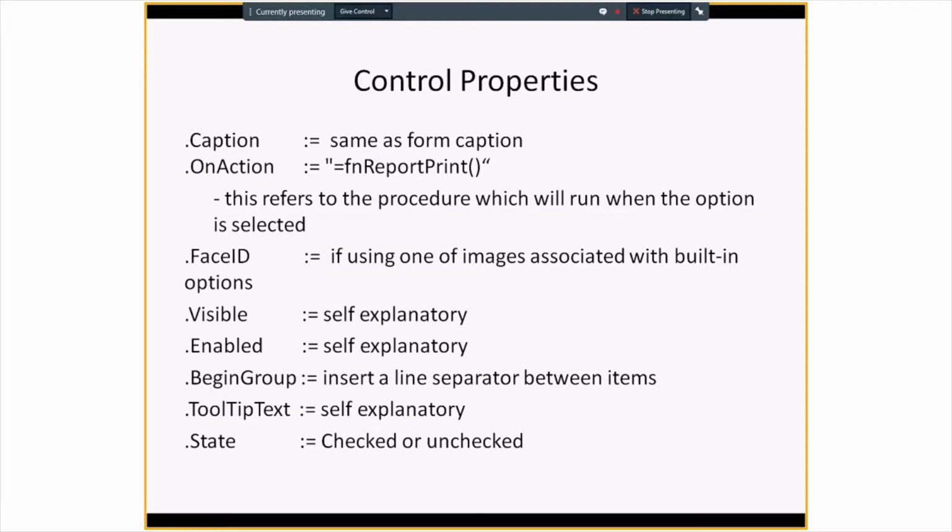Now, I probably ought to mention at this point that there are a number of different syntaxes that you can use for the onAction property. If you're calling a function, the easiest and most reliable is to encapsulate the function name, along with the equal sign and the parentheses that go with it, in quotes. You can actually pass values to that function,